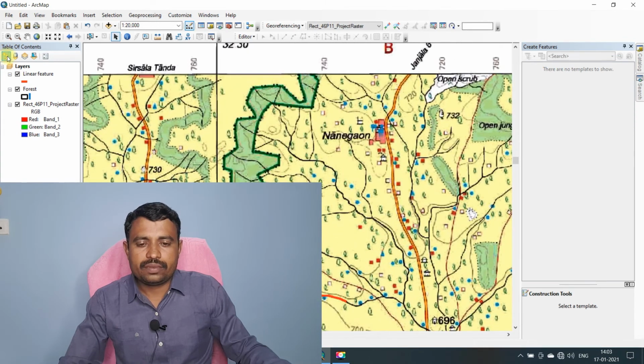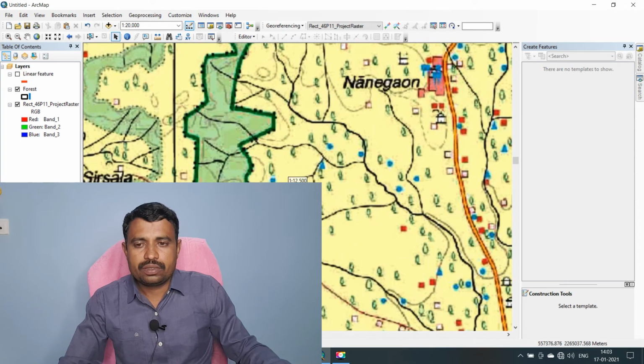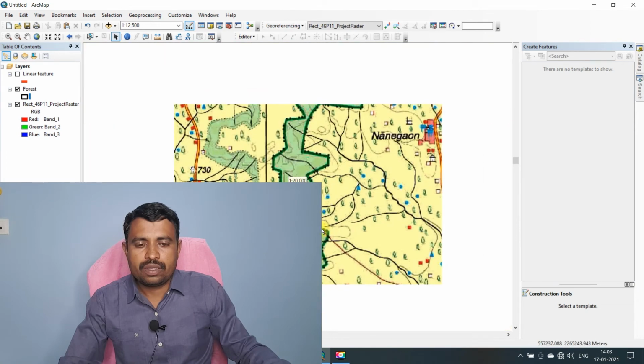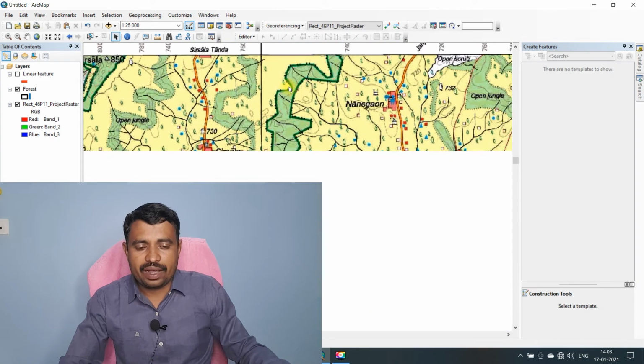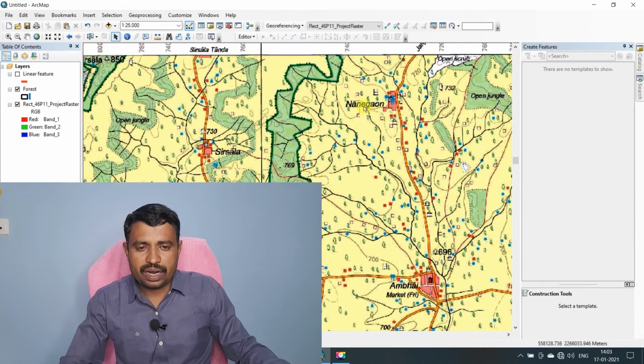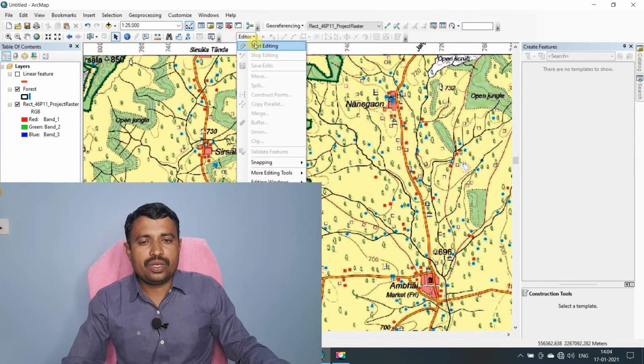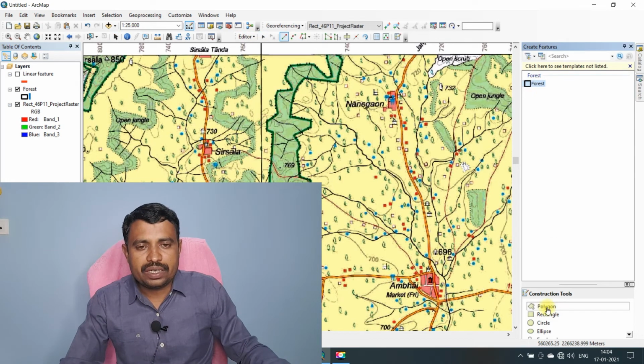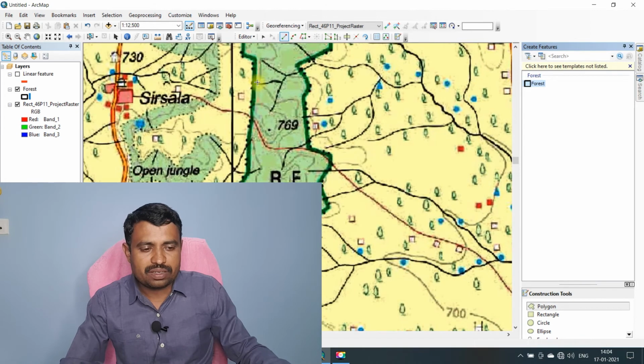Now this forest area we have to calculate. Okay, now I will show you. Suppose this is the forest area in the toposheet and we have to calculate the area. So here again we have to go into the editor, start editing. This is the forest polygon and we have to digitize this one.